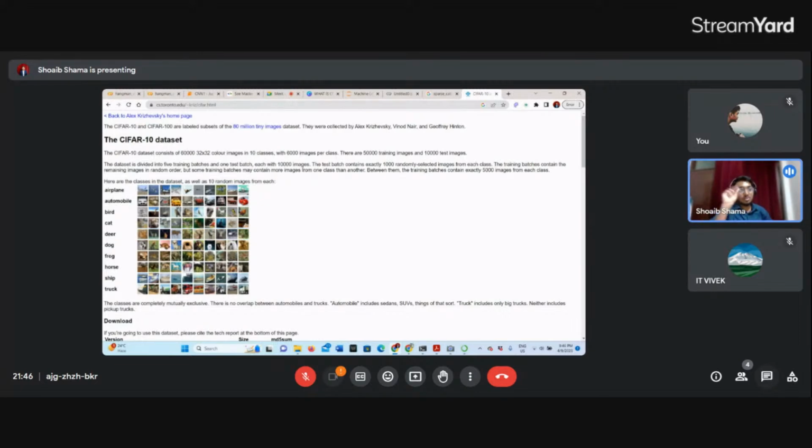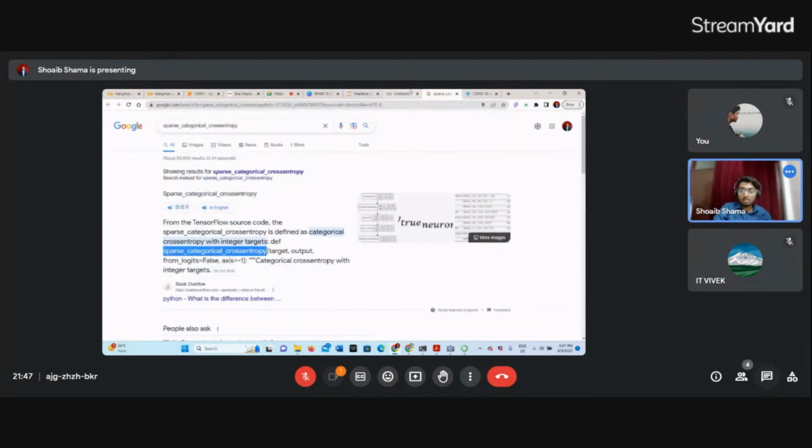There is a small difference: if there is some continuous data that you have divided into different categories, then you use categorical. If you have data which is already divided, at that time you use sparse categorical, right?